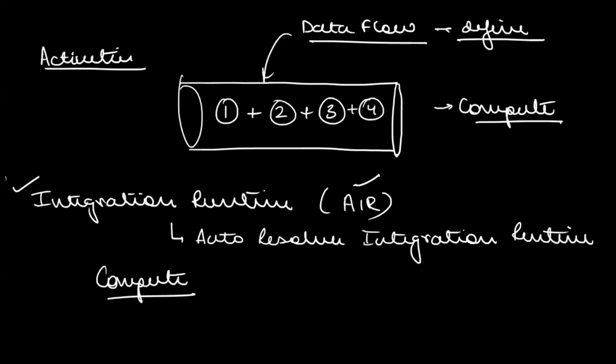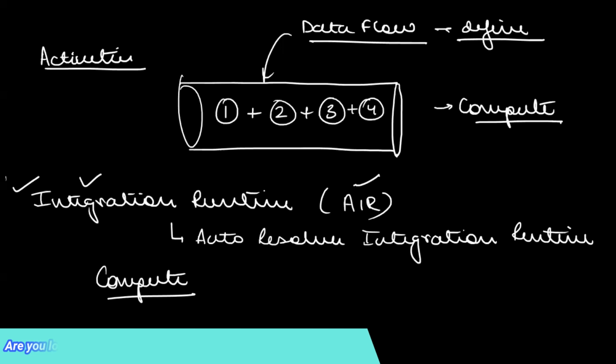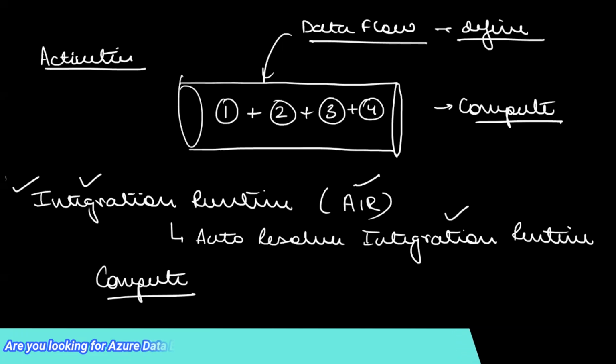And within Azure Data Factory, this processing power comes from the integration runtime. This integration runtime is the compute infrastructure that is created. My data factory uses this auto resolve integration runtime, which is basically the compute infrastructure. This will have certain amounts of CPU. This will give you a certain amount of RAM to process your data. Storage service is not there.